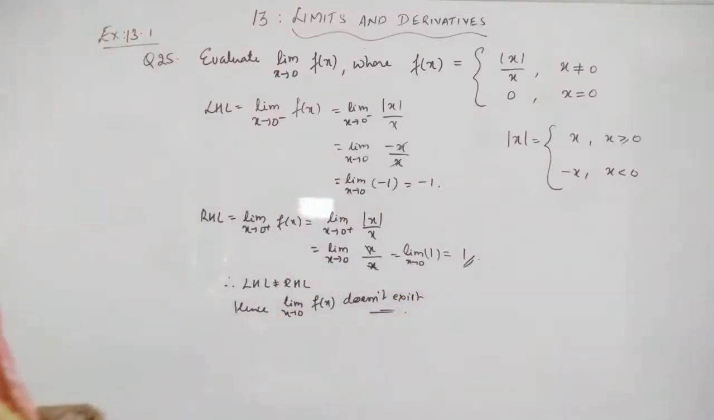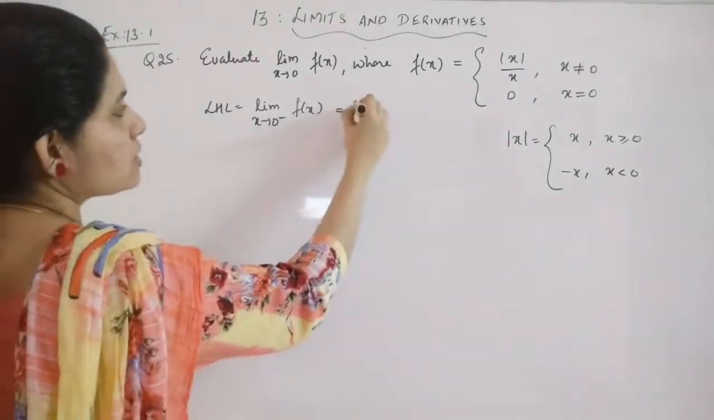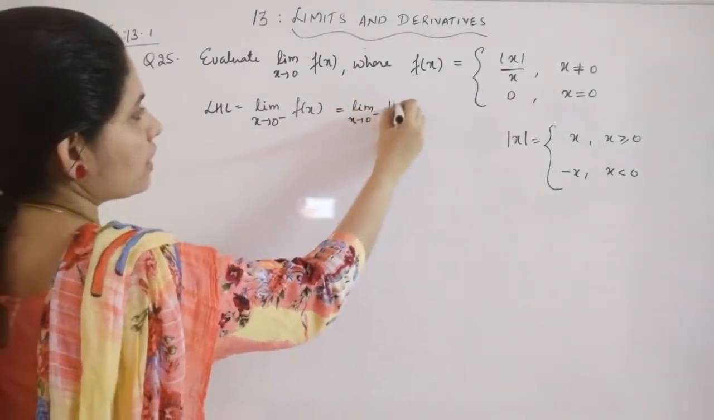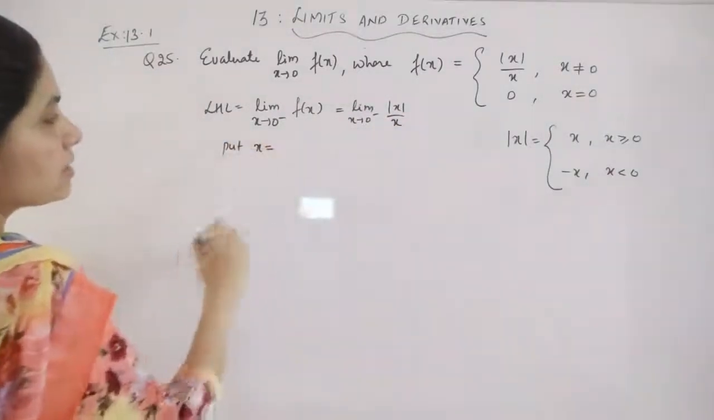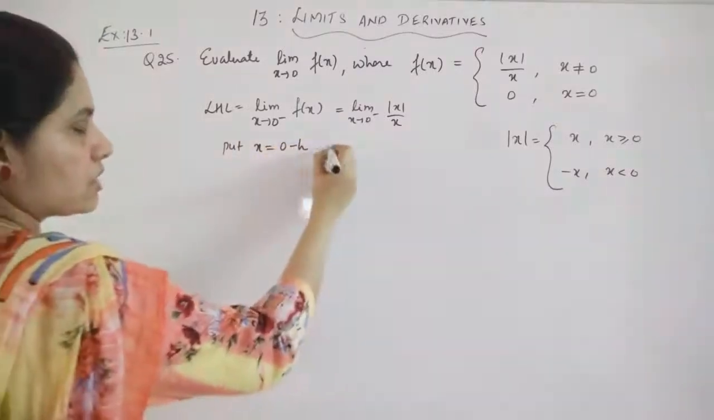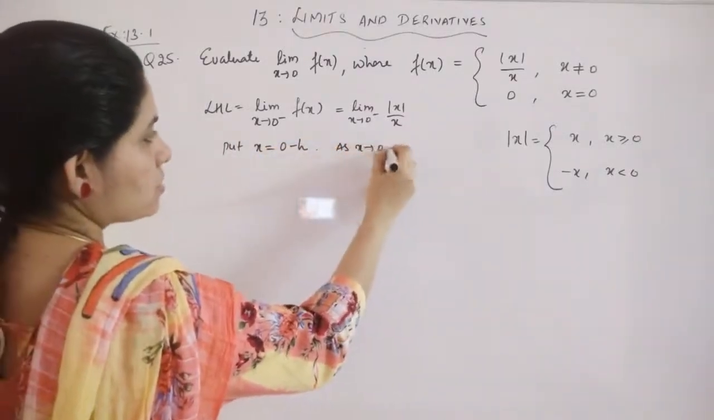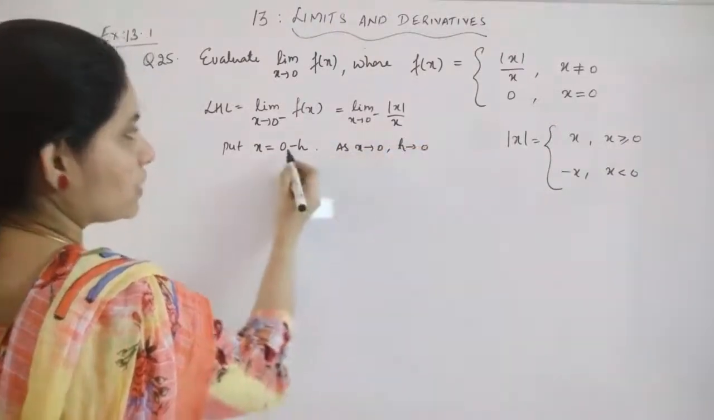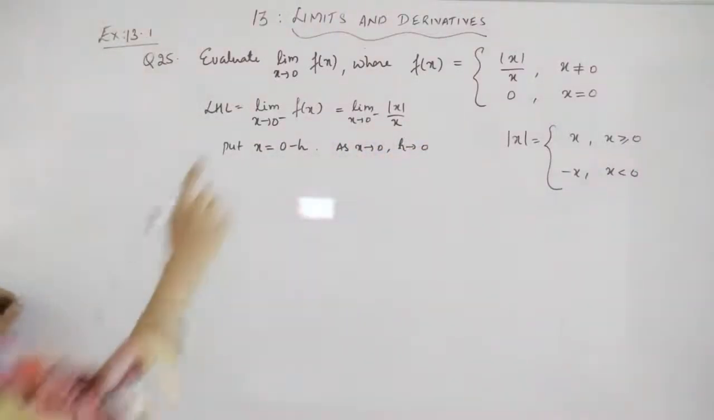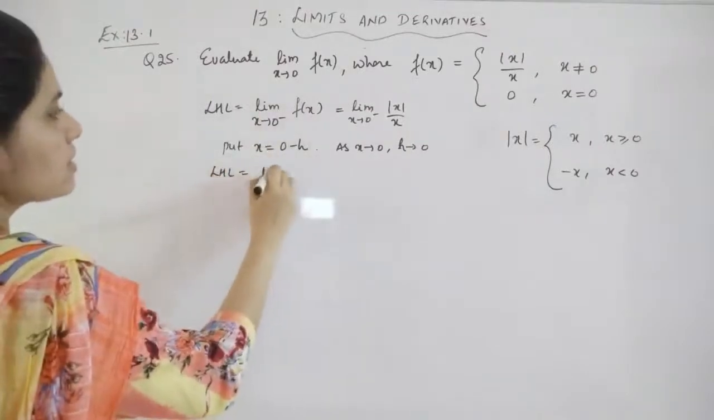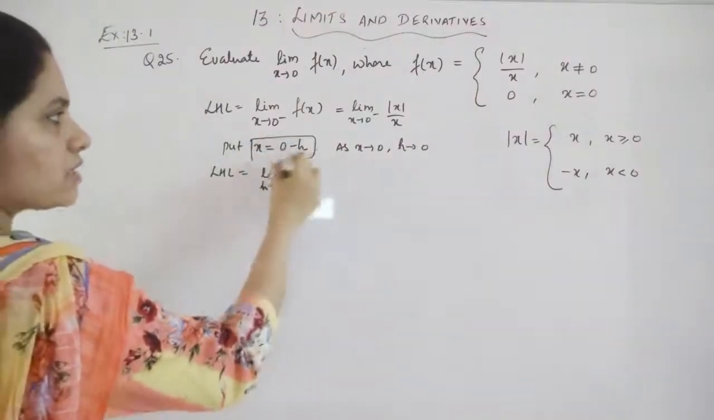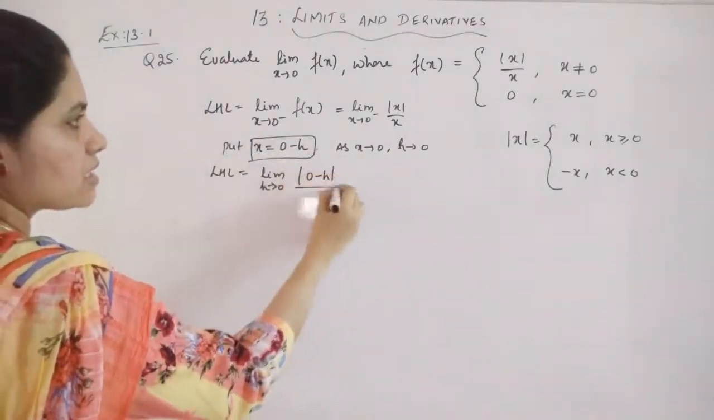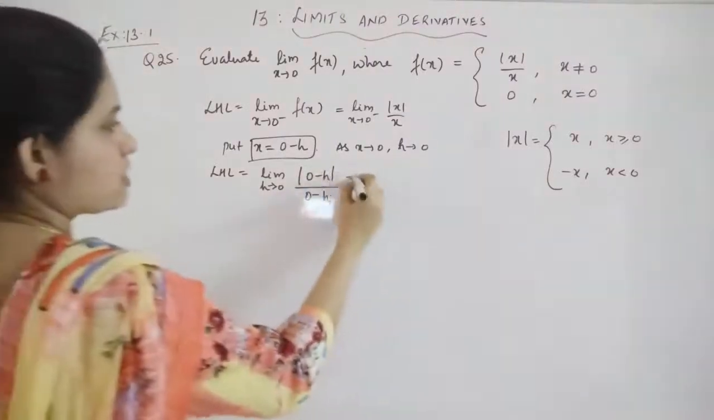This can also be done in the other manner, that is, using h. So in the other way, how we will do this: limit x tends to 0 minus mod x by x. Now put x equal to 0 minus h. You can see that as x tends to 0, h tends to 0. Now we are replacing for the left hand limit, so you will get limit h tends to 0. Instead of x, you are replacing it with 0 minus h. So it is mod of 0 minus h divided by 0 minus h,